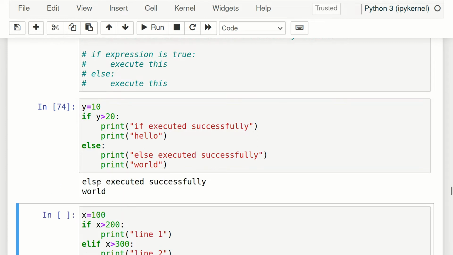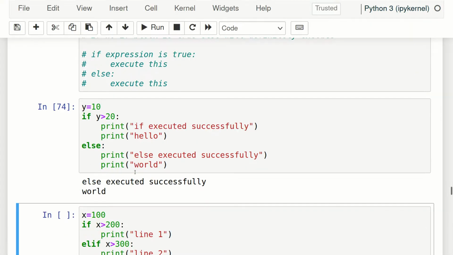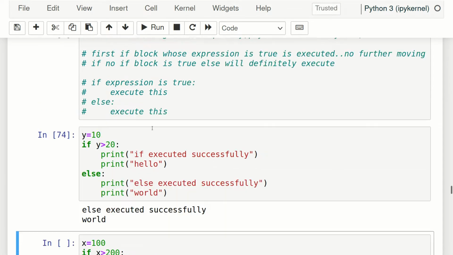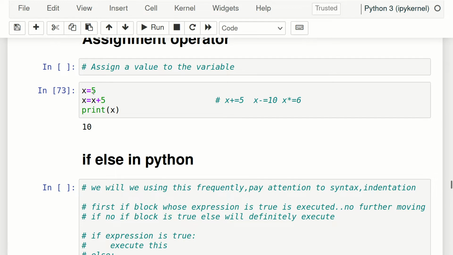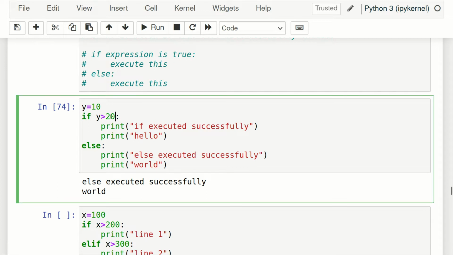We can see else executed successfully and then world. So these two statements executed, but these two did not. So this is the power of if else. Initially, everything we saw was executed line by line, but in this case some statements could not execute because I gave a condition.